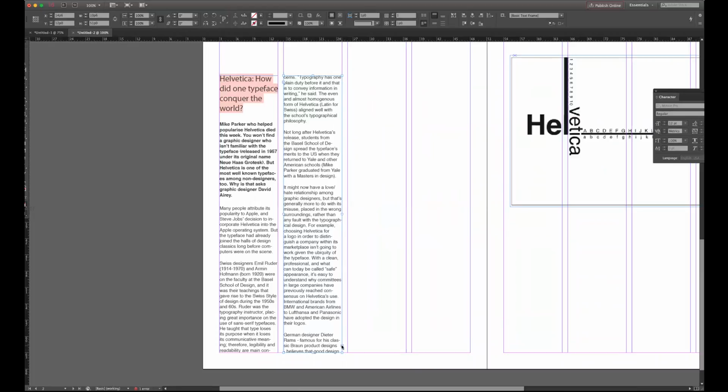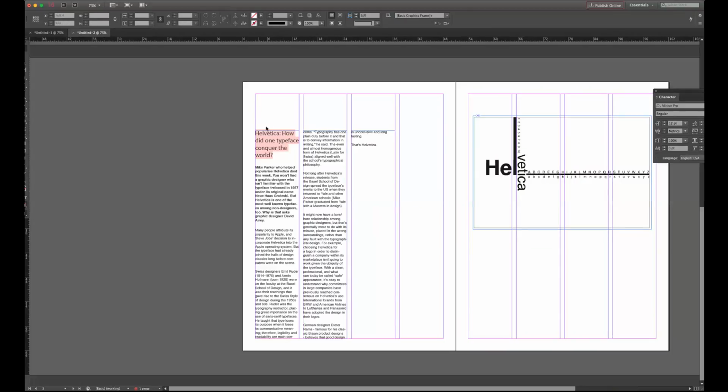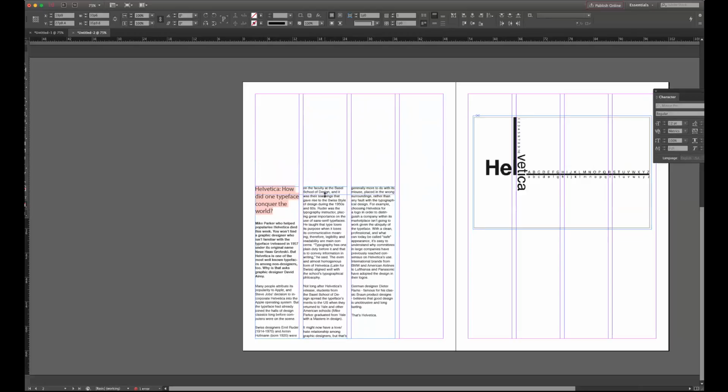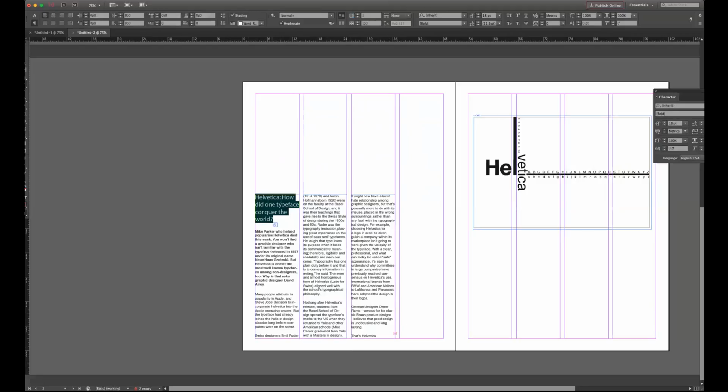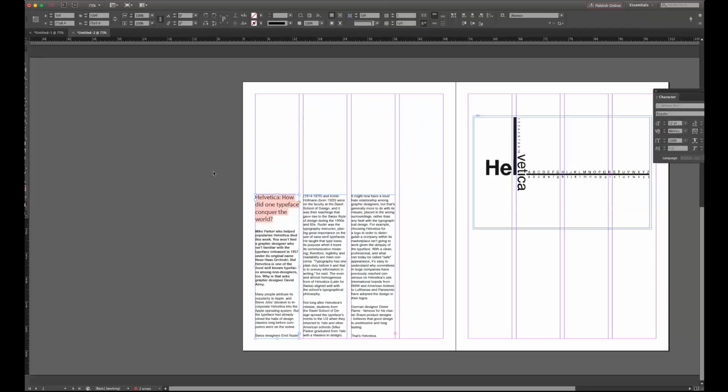So by clicking the plus sign, it gives me that extra text, and all I have to do is click once and it will hang the rest of my text. Okay, so now all I have to do is highlight all of the text boxes, and I can just bring them down until they end at the same point there. Okay, this is my headline, so we'll probably get into that in just a minute.